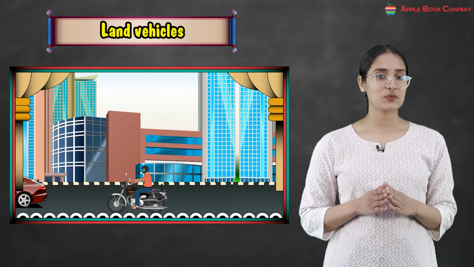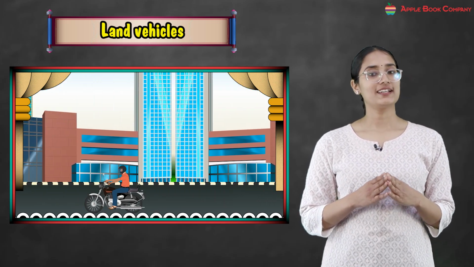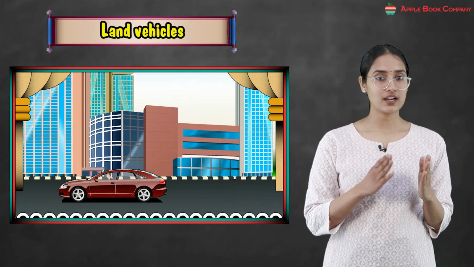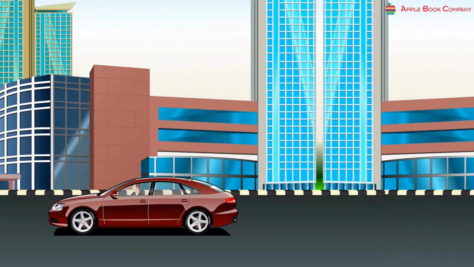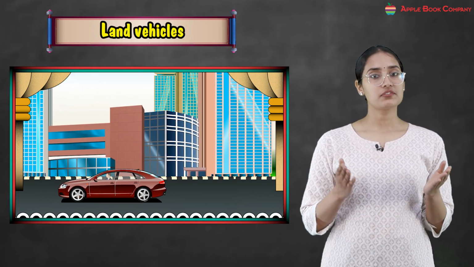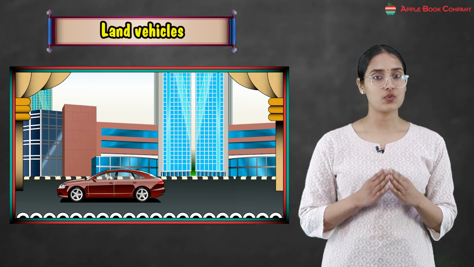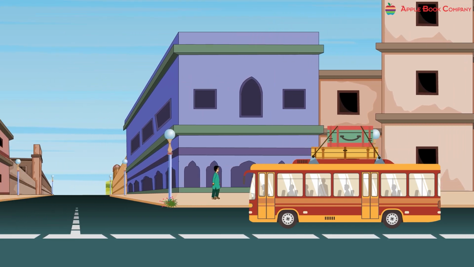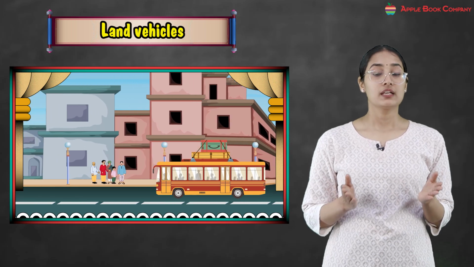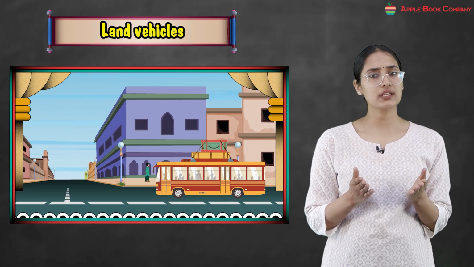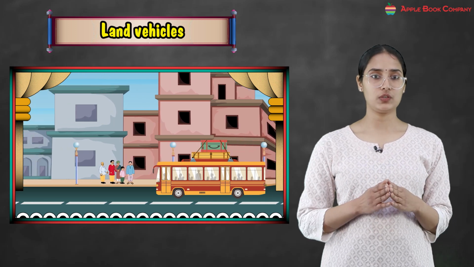Okay, now tell me kids, what are the various kinds of vehicles that you see on the road? Yes, we see car, right? A car can carry a few people, right? It has a capacity of 5 or 7 people at a time, right? So a car runs on the road. Now we also see bus, right? A bus can carry many people, okay? In your school bus, have you seen how many students are there? So a bus can carry many people, okay?